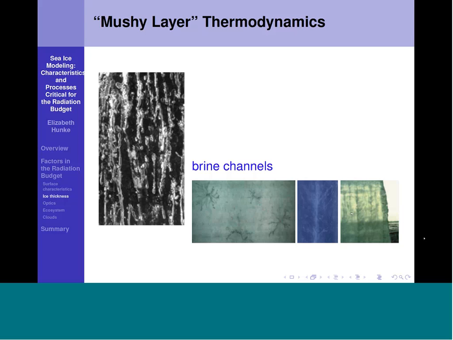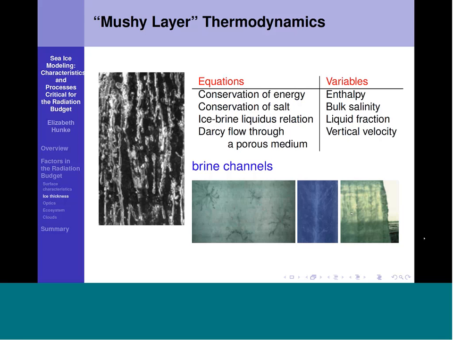The melt ponds can drain through the brine channels when the ice becomes warm and permeable. And this freshwater fluxing can clean the ice quite effectively of salt, nutrients, and other inclusions. So our approach in the model is to treat the ice as a mushy layer, which, as I said, is a mixture of brine and solid ice. The core of the mushy thermal model consists of 4 equations that represent 4 physical properties: conservation of energy and salt, the relation that describes the fraction of the mush that is solid or liquid, and a description of the flow of brine through the ice matrix.